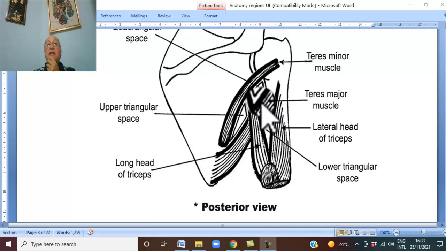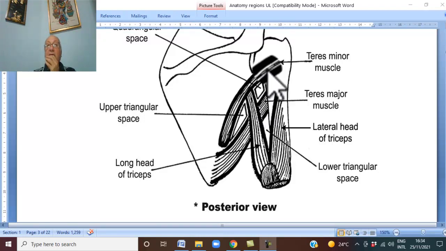And this leads to creation of three spaces: quadrangular space laterally, upper triangular space medially, and the lower triangular space inferiorly. First of all, the quadrangular space. The quadrangular space